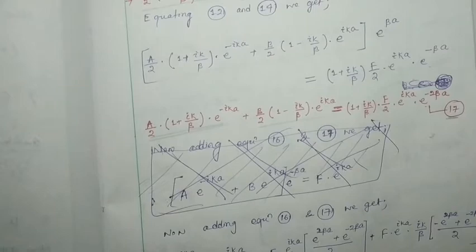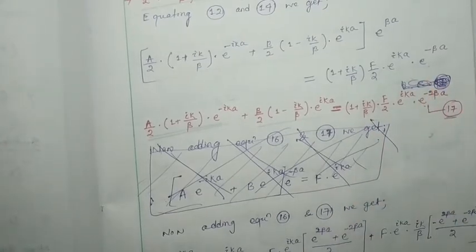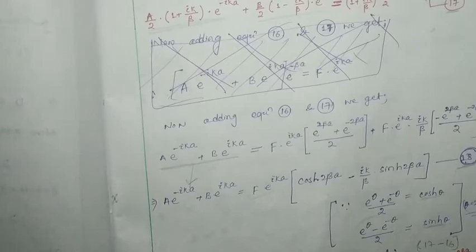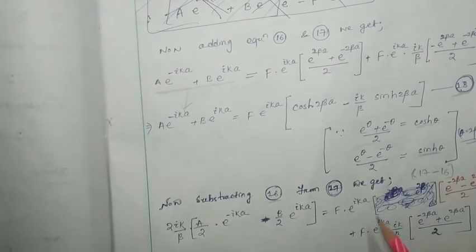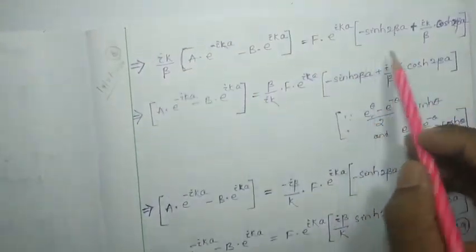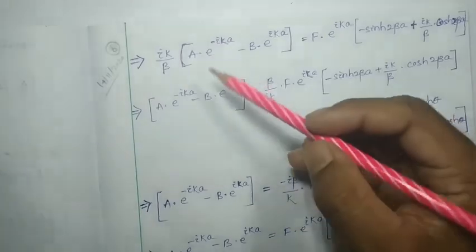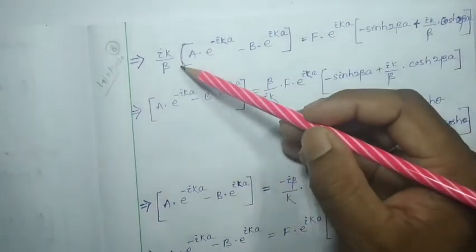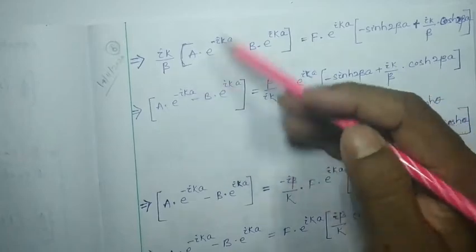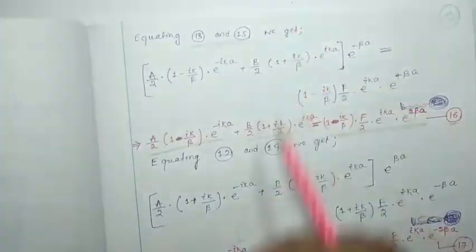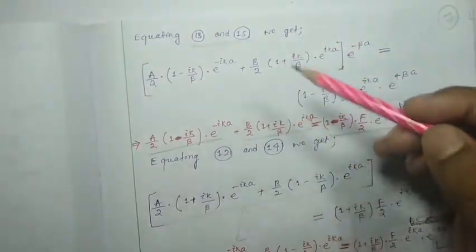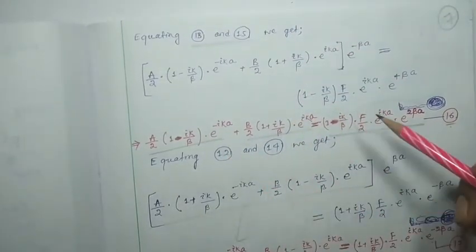Then we further solved and found this equation, that is, subtracting 16 from 17 we got this equation. And the further step, up to this much, you can find in the second part. So in this video we are going to start straight from here. For the previous explanations and mathematical derivations, to understand them and write the notes, you have to go through those previous two videos.